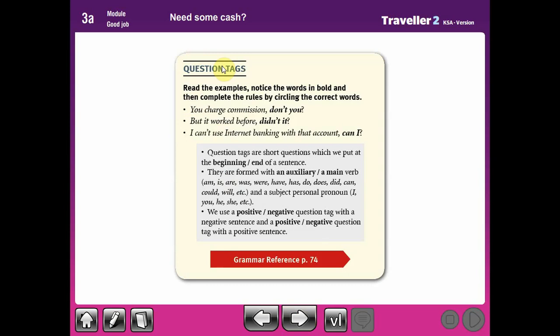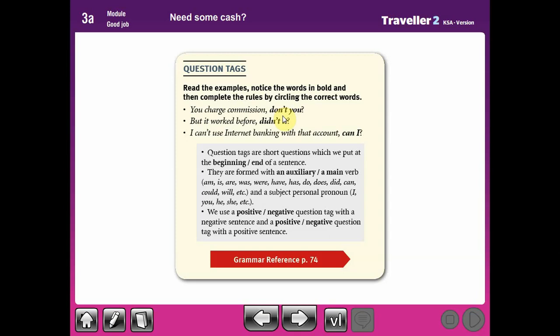The next part is the question tag. The question tag means when you ask a small question by the end of the sentence like this, like don't you and the question mark, didn't it and the question mark. As we said, the form of the question tag is the auxiliary. You can put it in the negative form or the affirmative form. The negative when it is affirmative here, and the affirmative when it is negative here, and so on. So it gives you the negative meaning like here. So this is the question tag.